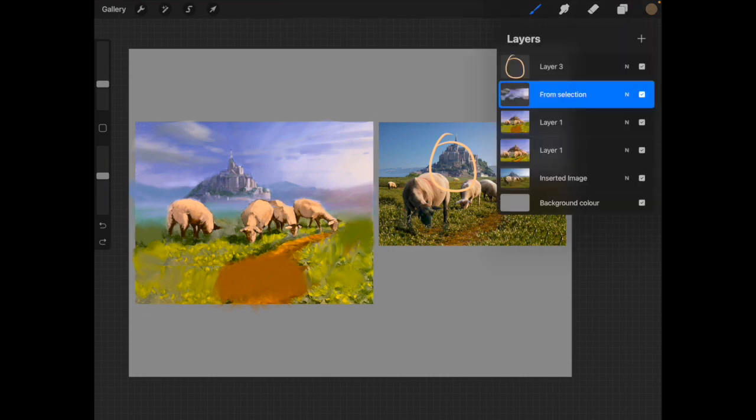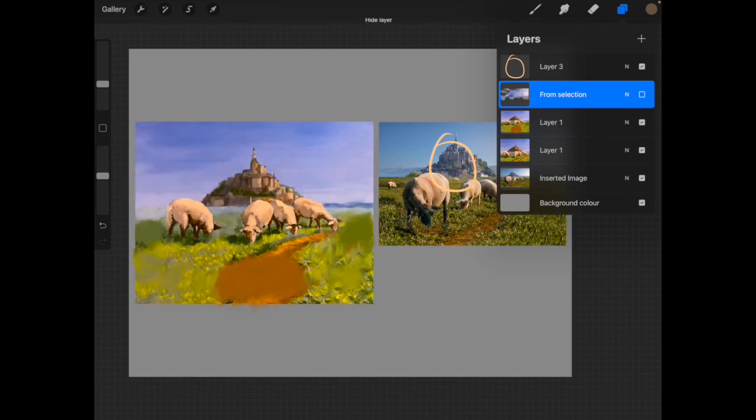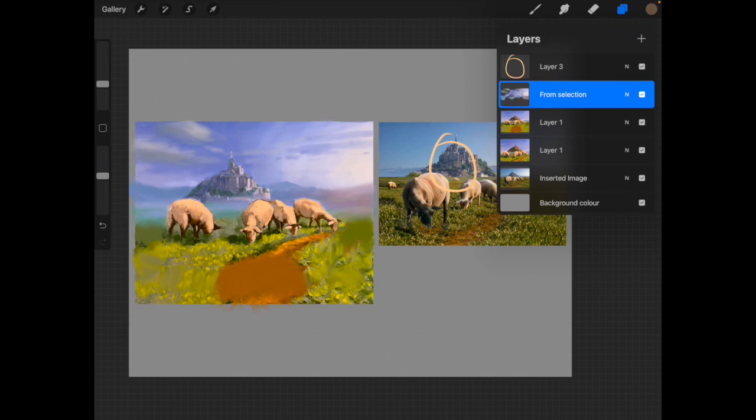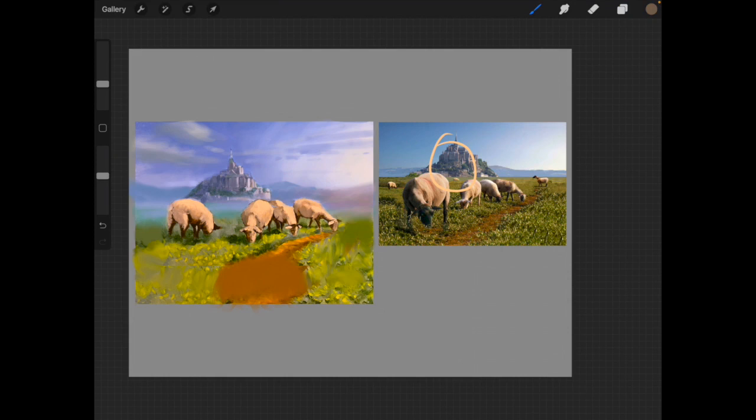And just let's see, that's before, after, before, after. So, oops, let's make another layer there and darken up those,